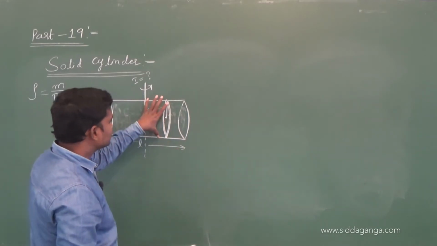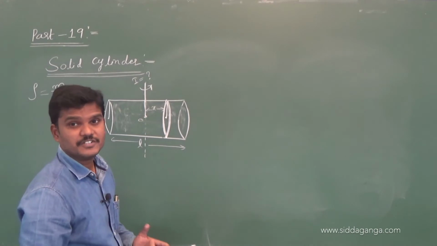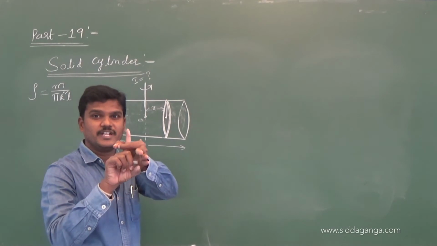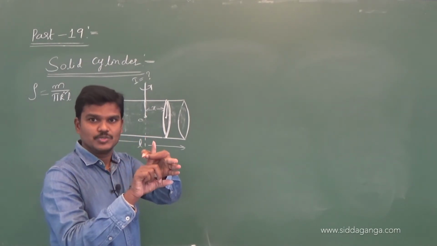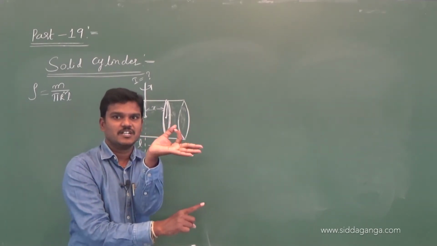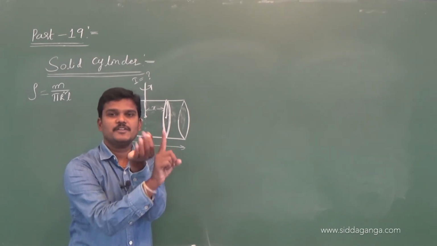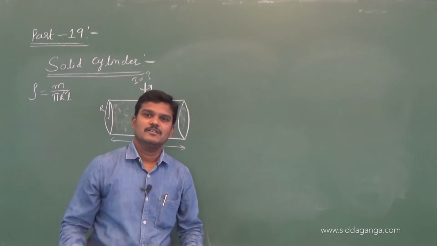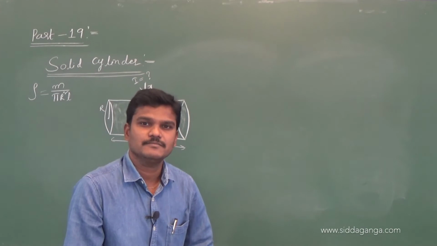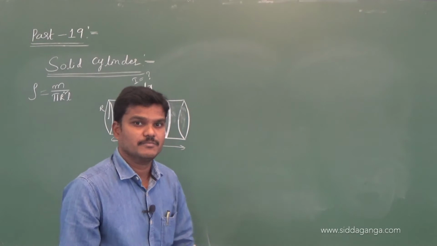Okay, and see, this is the circular disc whose radius is capital R. And you know, the moment of inertia of the circular disc about an axis passing through the center perpendicular to the plane is, I hope you remembered, MR square by 2. But the disc is like this and the axis is passing in this direction. Now the axis is passing through what? About a diameter, we have a formula. Tell me the formula of a circular disc about a diameter. About a diameter, MR square by 4.